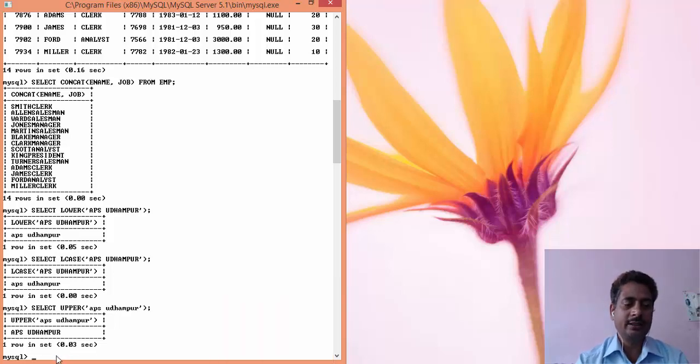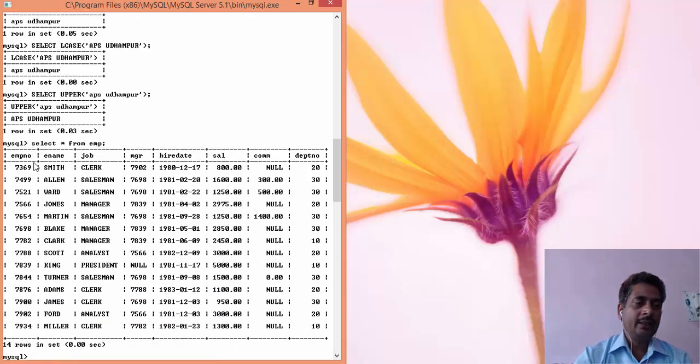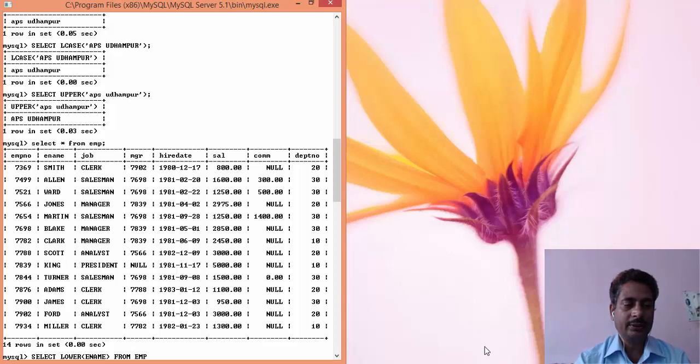You can use this command on the table also. All the names are in capital letters, so we can make them small letters. Select lower ename from emp.